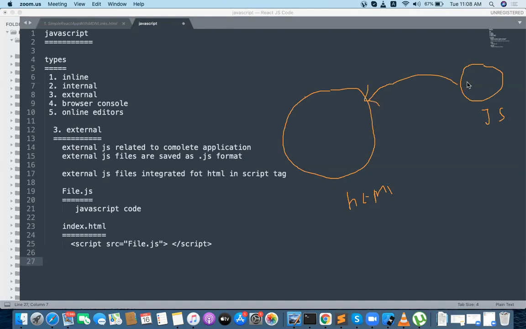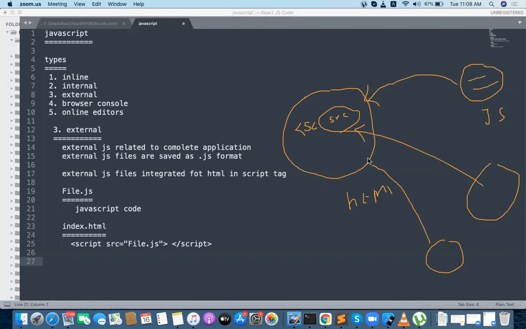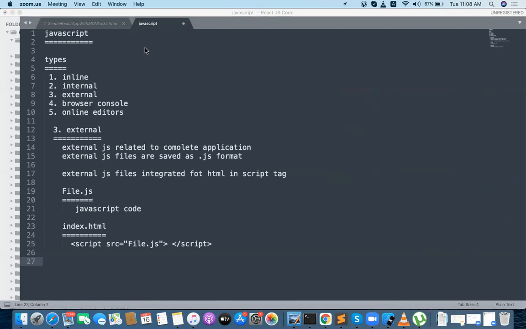To do that, I need to write a script tag and provide the src attribute, with which I integrate that particular JS file. Even if I have multiple JS files, I need to integrate all of them into the HTML in the same script src format. So this is very simple.